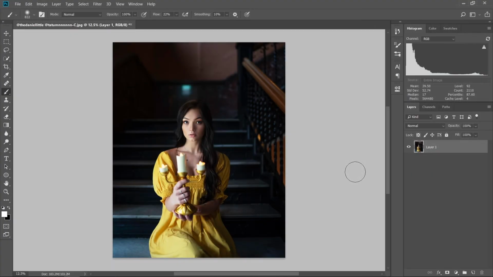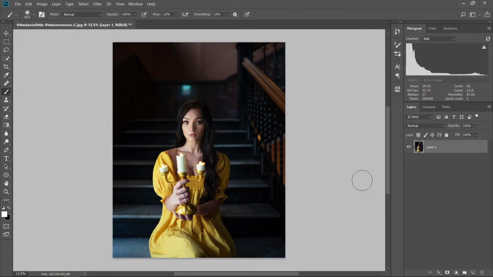Now let's look at the fourth and final method, which I would like to call color. In this method, you will have to add a color in foreground and a different color in the background. This picture is already great, but what can we do to make the subject stand out even more. The dress and the candle adds yellow color, and if you look at color wheel, you will find that yellow color is opposite of blue. So we can add blue color in the background to create separation.